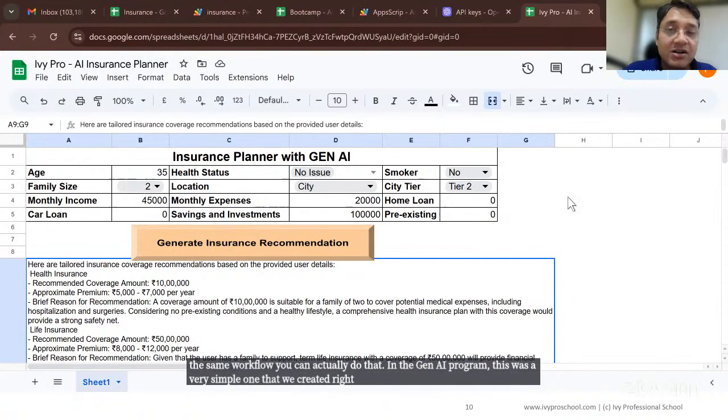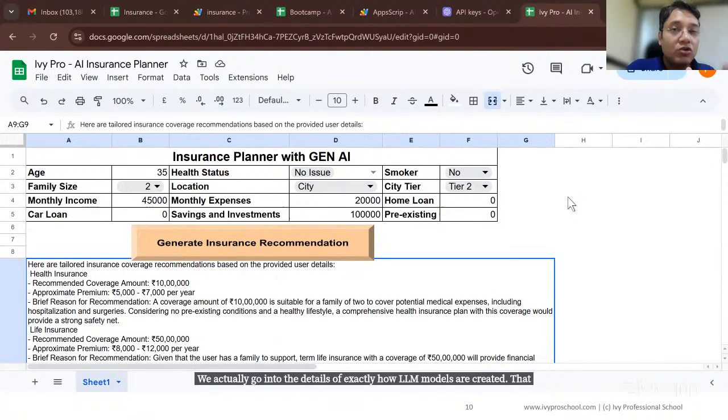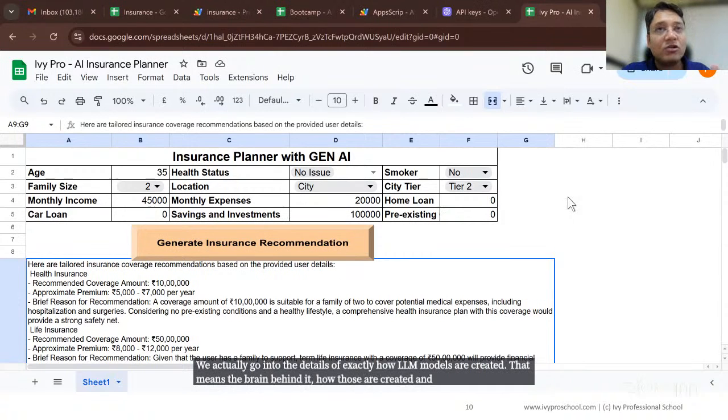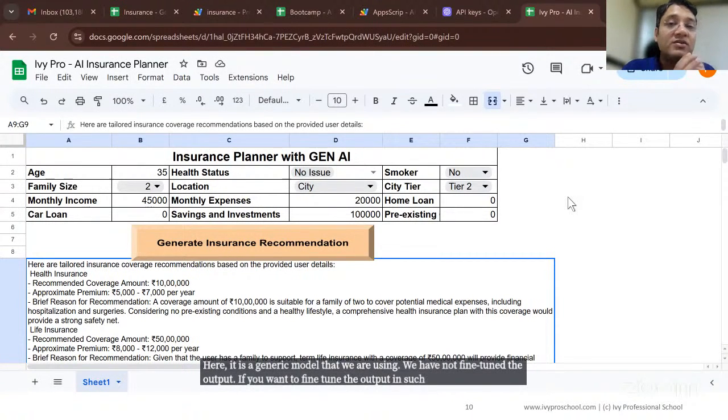In the generative AI program that we do at IvyProSchool in collaboration with IIT Guwahati, we actually go into the details of exactly how LLM models are created. That means the brain behind it, how those are created, and how you can customize that also. Here, it is a generic model that we are using. We have not fine-tuned the output. If you want to fine-tune the output in such a way that the insurance recommendation that is coming is also as per the Indian insurance IRDA recommendation,